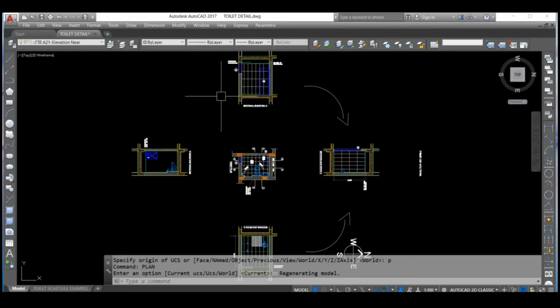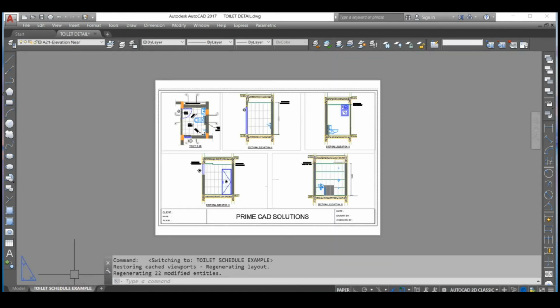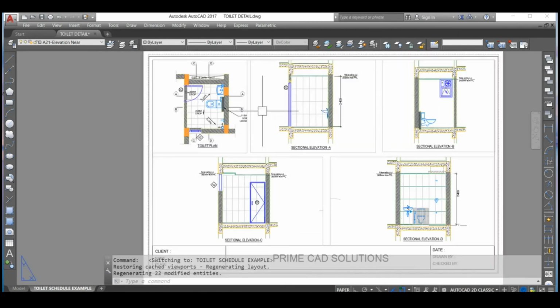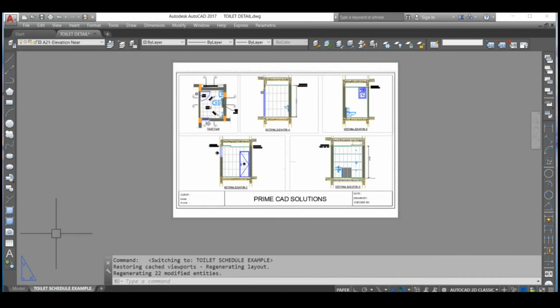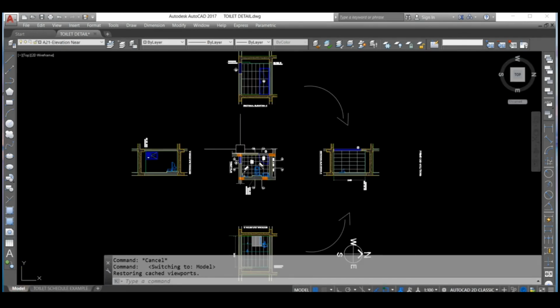We changed our planes in our model space for our convenience to draw. Now we see if any changes happened in the layout space. Go to layout. See here, no changes happened in the layout paper space. Although my plane changed in model space, whatever I kept before in the layout remains the same. Now go to model space.